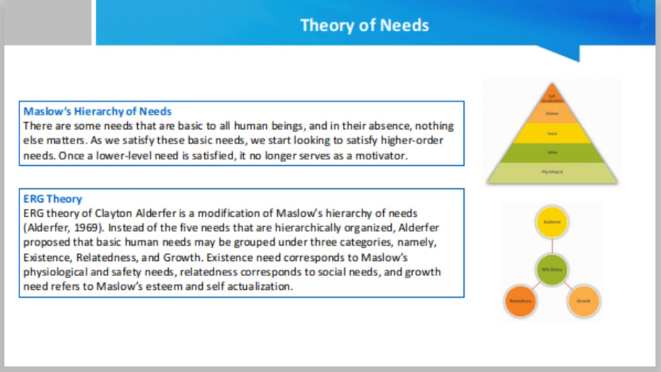Maslow's theory is based on a simple premise: human beings have needs that are hierarchically ranked. Like Maslow said, there are some needs that are basic to all human beings, and in their absence, nothing else matters. As we satisfy these basic needs, we start looking to satisfy higher order needs. Once a low level need is satisfied, it no longer serves as a motivator. The most basic of Maslow's needs are